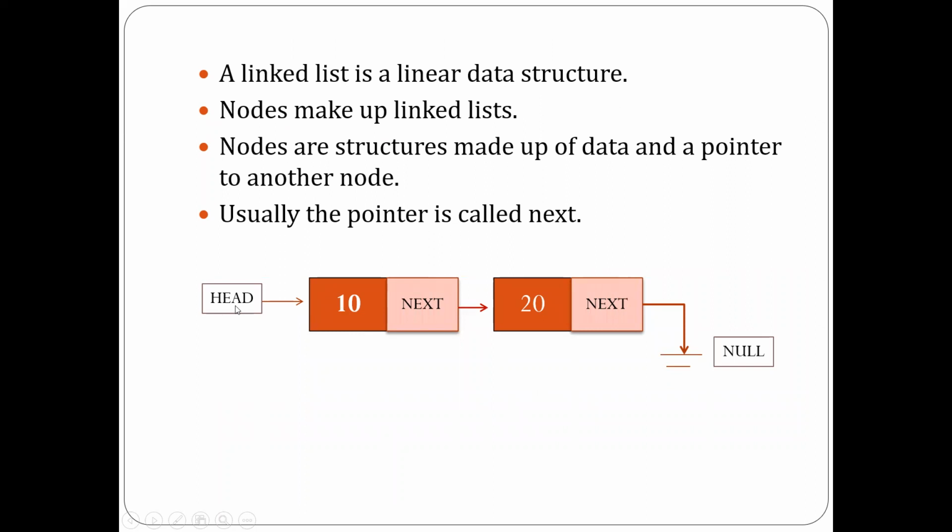The first node in the linked list we are going to mark with the head node, which is going to tell us from which node the linked list is going to start. And if you see here, this is the last node. Last node's address field is always null here, which is going to tell us the end of the linked list. So to indicate the end of the linked list, the last node's address field should be null. And to indicate the beginning of the linked list, the first node, we have to point with the head pointer here.